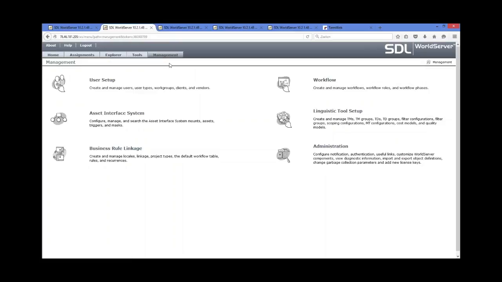Because right now we've just been setting up the building blocks for the integration. Right now it's time to actually set up the integration, configure the integration. So how can you do that? It's also something that you do through configuration in WorldServer. So you would go to